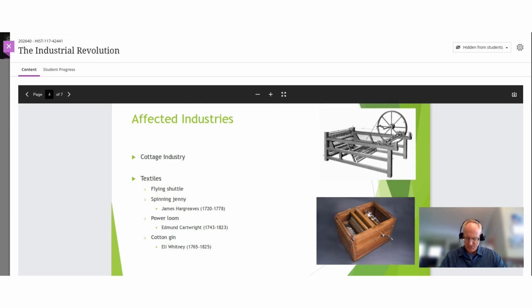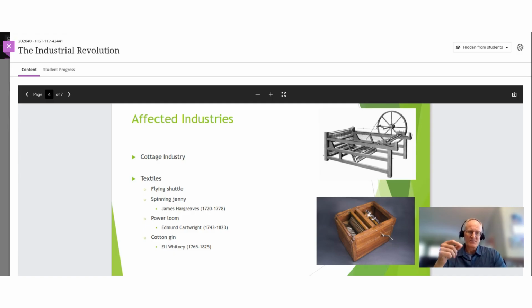By 1793, an American inventor by the name of Eli Whitney invents what's known as the cotton gin. This was a mechanism designed to clean raw cotton more quickly. When you harvest cotton and you take it out of the husk, embedded within the fibers of the cotton itself are a number of seeds, and before that cotton can be woven into a yarn, those seeds have to be extracted. And prior to the invention of the cotton gin, and you can see an example of the cotton gin here in the lower corner, this wooden box,